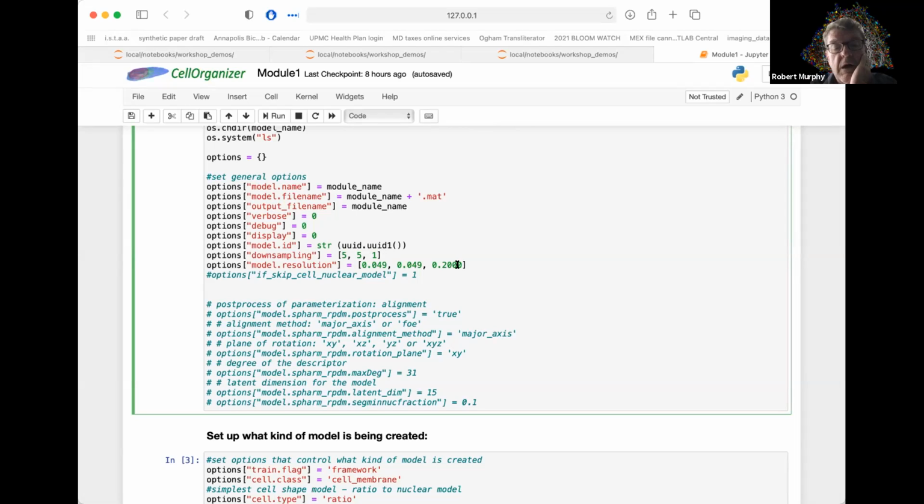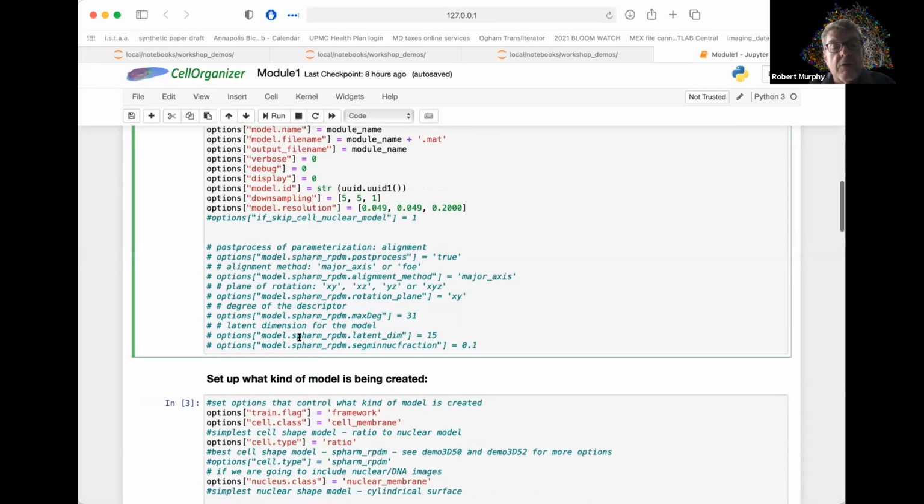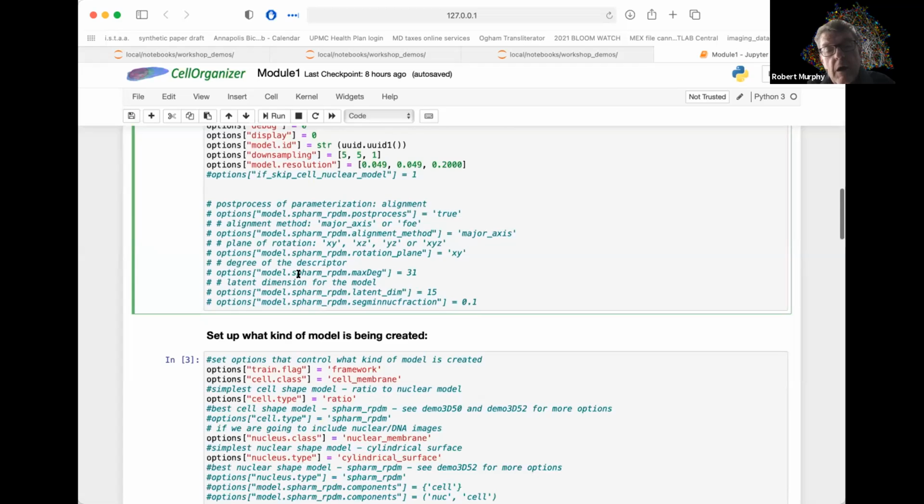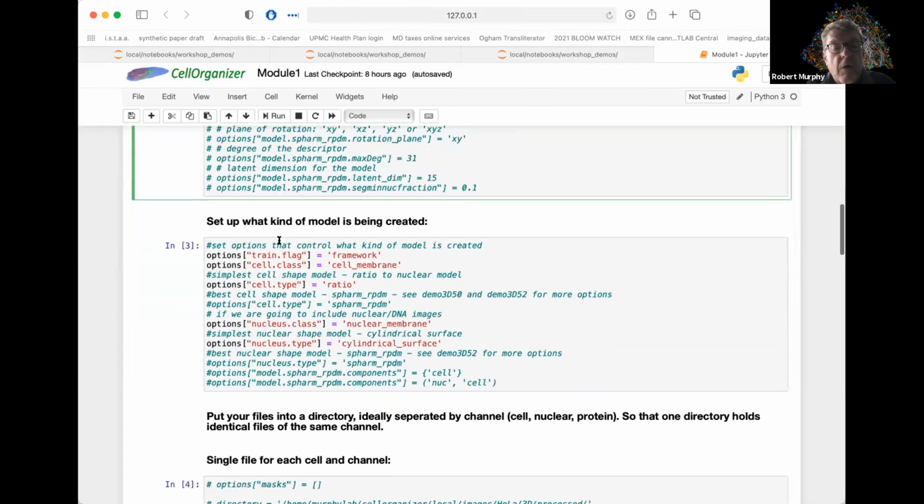And so this is getting them close to being square pixel or cubic pixels. So these things are all here, and they're not being used for this particular model. I put them there, we're going to use them later. And they're all commented out. Okay, so